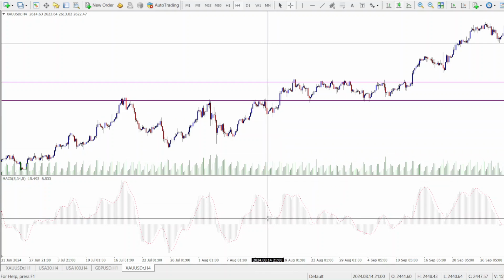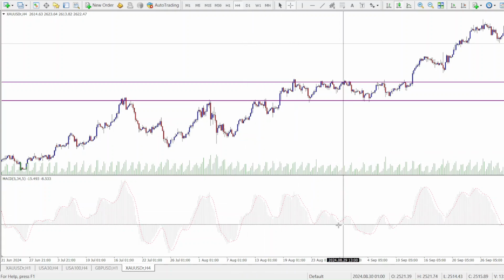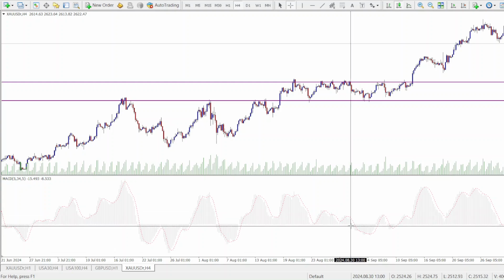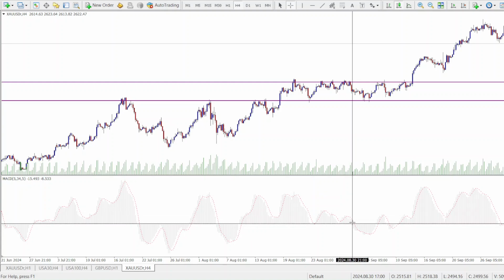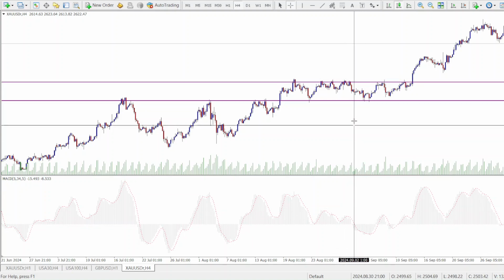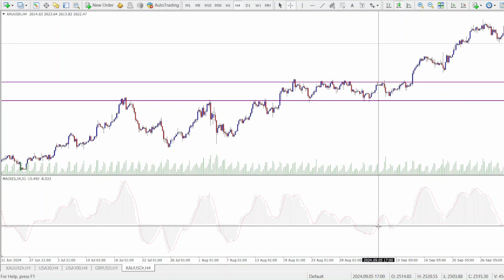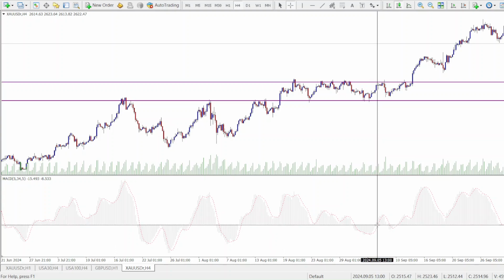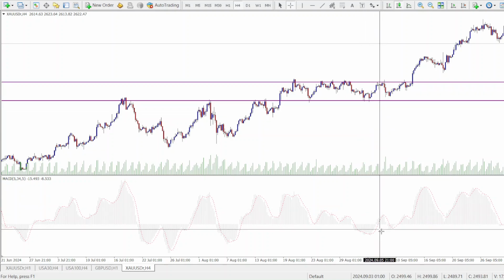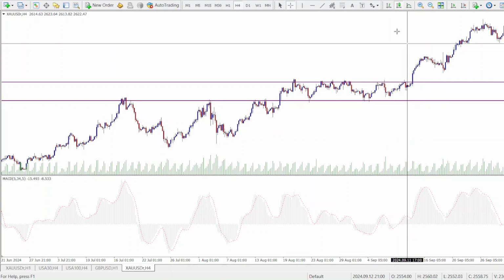and we can see that when the MACD gave us a signal to sell around here, that was just right after price bounced off this resistance. And then when the MACD gave us an exit signal for the sell, that was when the price had got into the support. So we can see that using support and resistance levels can serve for extra confirmation,